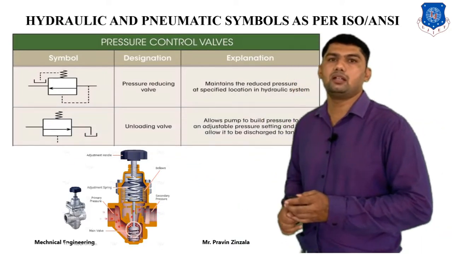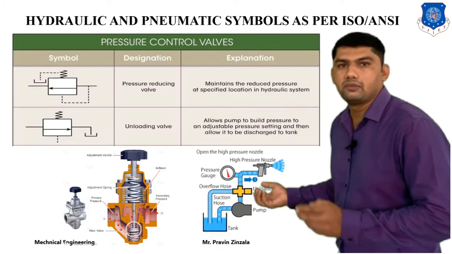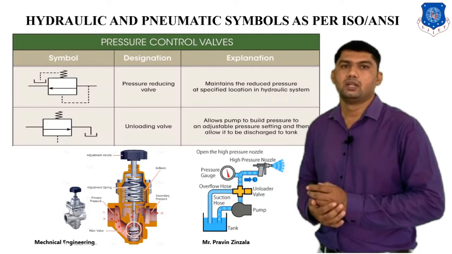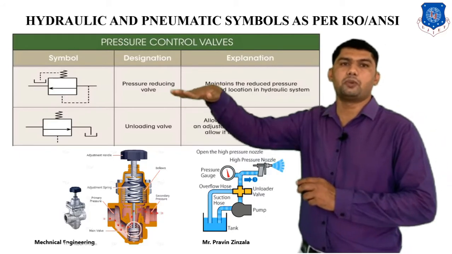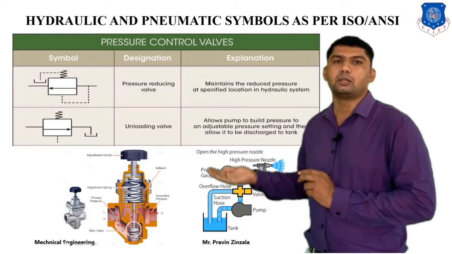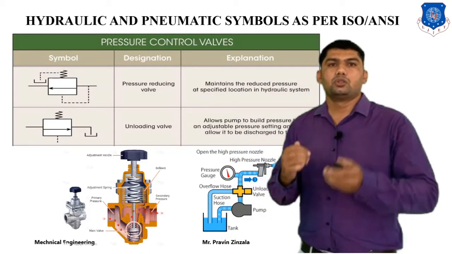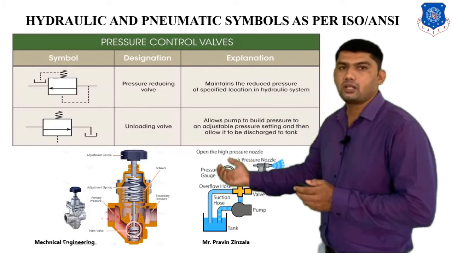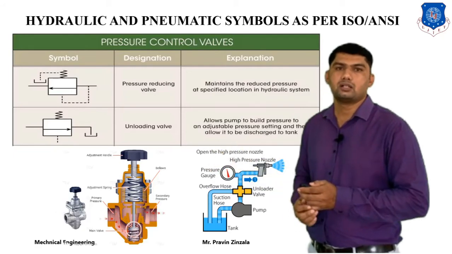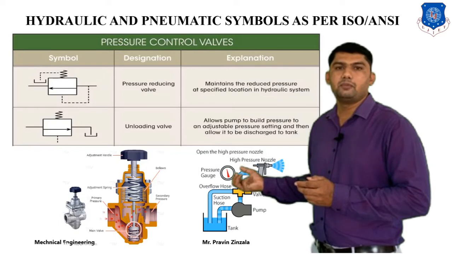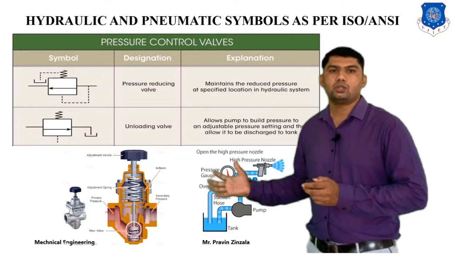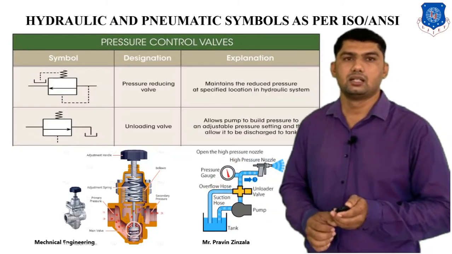Next one is the unloading valve. The function of the unloading valve is to protect our system, and it is also called a power saving system. If our system is in a steady position for a particular location or a particular time, the pump will continuously supply fluid to the system, and due to the continuous increase in pressure, the temperature of the fluid will increase, which will damage our components or increase our power consumption. So that's when the unloading valve operates and fluid goes from the pump directly to the reservoir. So it is used for the power saving mode.